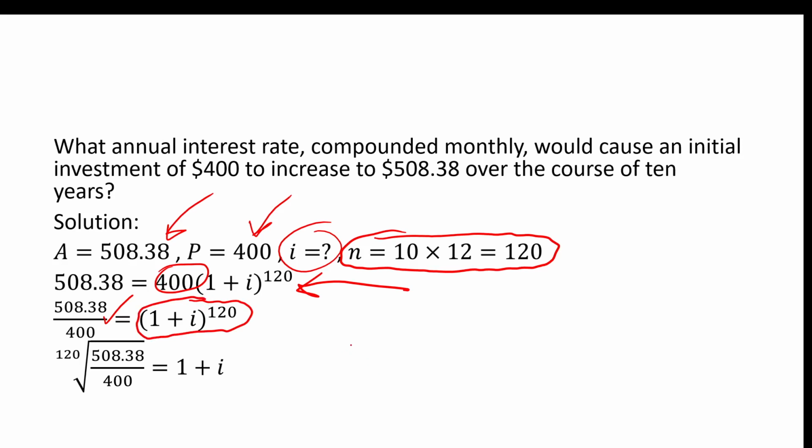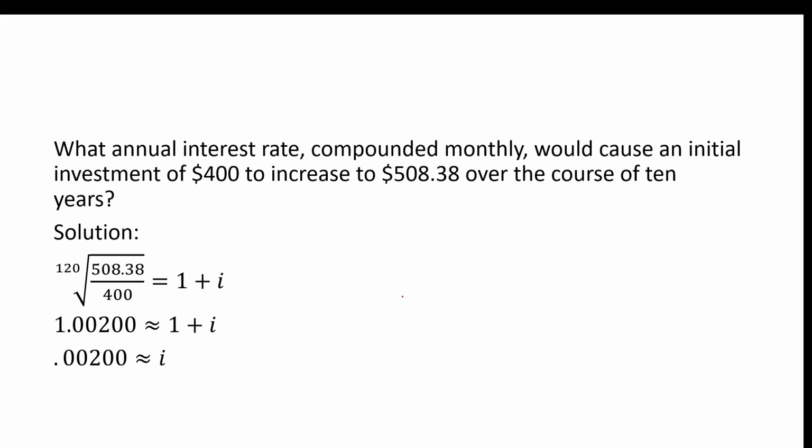What we can do is either raise our value of 508.38 over 400 to the exponent 1 over 120, or if our calculator has the button that gives us the 120th root, we can use that. And when we do that, we end up seeing that 1 plus I is roughly equal to 1.00200, which means I is roughly equal to